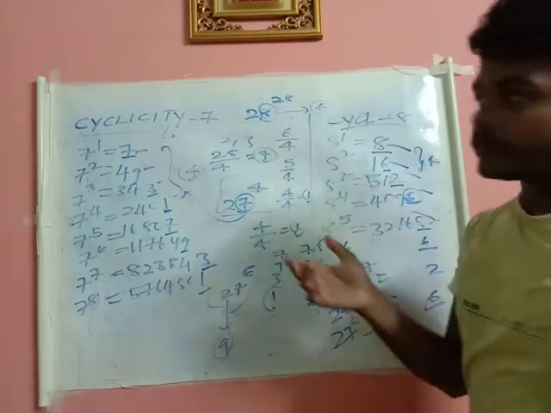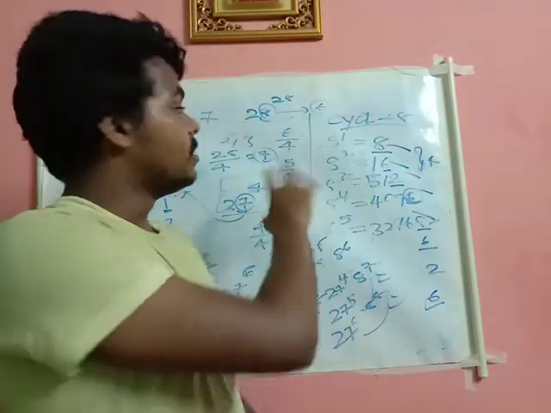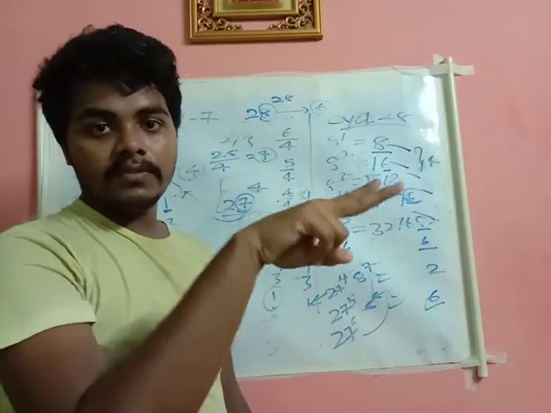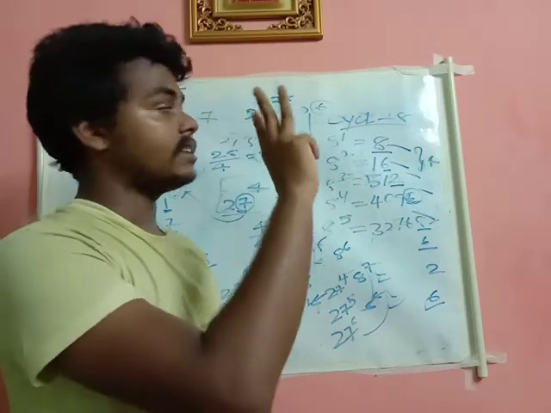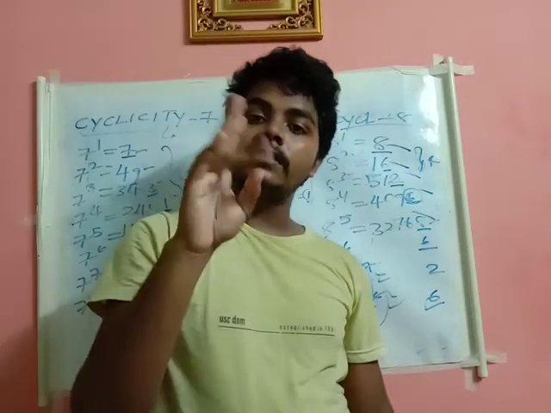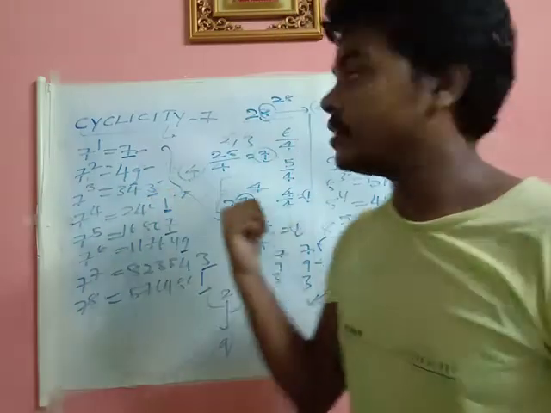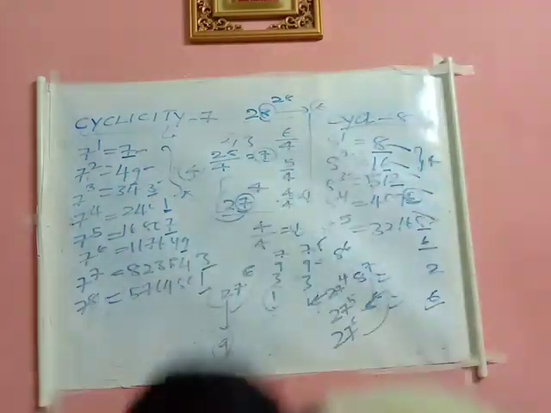The same way we did for cyclicity of 2, cyclicity of 3, cyclicity of 4, cyclicity of 5. Cyclicity of 2, cyclicity of 3, cyclicity of 7, cyclicity of 8 will come under one zone. Cyclicity of 1, cyclicity of 5, 6 will come under one category. Okay with this? You just note down all these things.